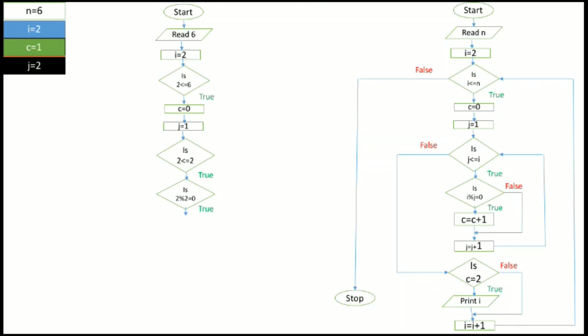Yes, it is true. Then we will increment the value of c by 1. So the new value of c will be 2. Next we will increment the value of j by 1. So the new value of j is now 3. Now we will go back again and check the condition.